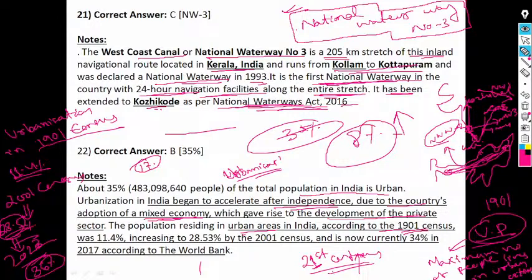Uttar Pradesh has the maximum urban population, and apart from that also